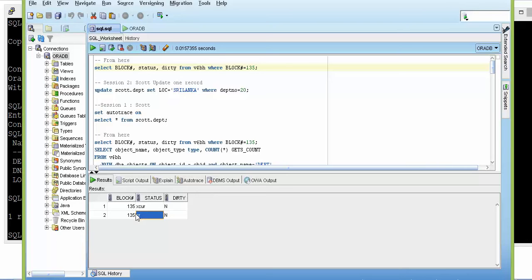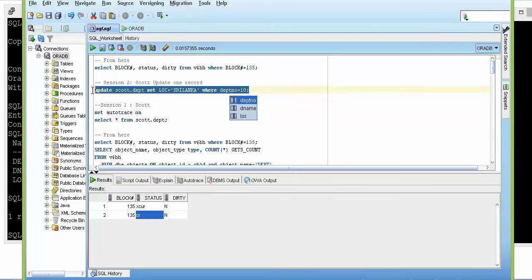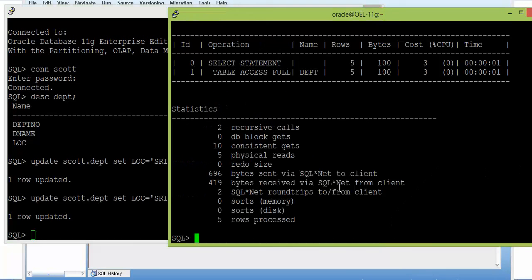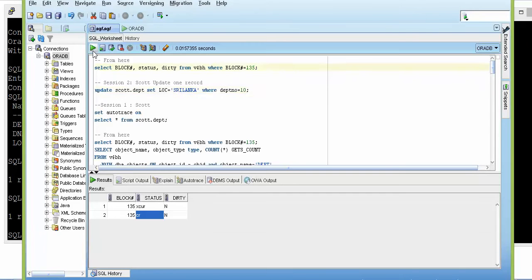That means if there is a block under transaction and a user parallelly tries to access it, there will be two blocks of the same data block fetched from the data file. Is this meaningful? Let me confirm this by running this on multiple rows in the same data block. Please remember, I did not commit this transaction yet. So yes, let me rerun this select. Now let me check what happens. Wow, there is a third data block that has been created. Is it true? Again I have done an update statement, and again there is a select statement. I see a consistent read data block created in the memory.